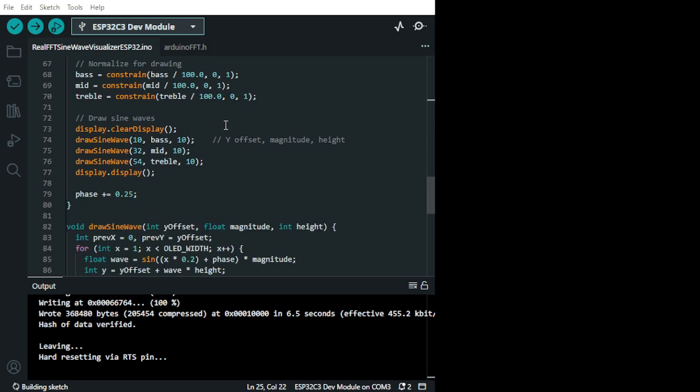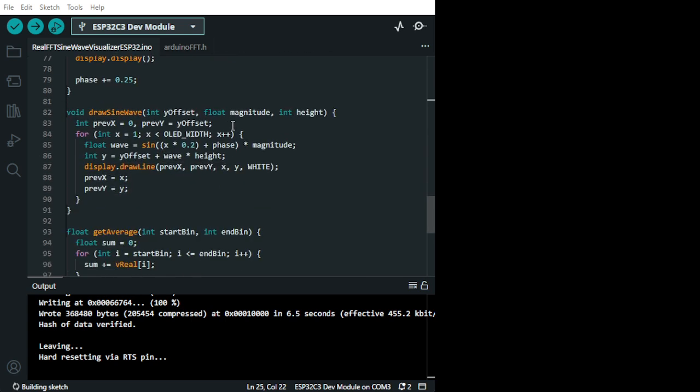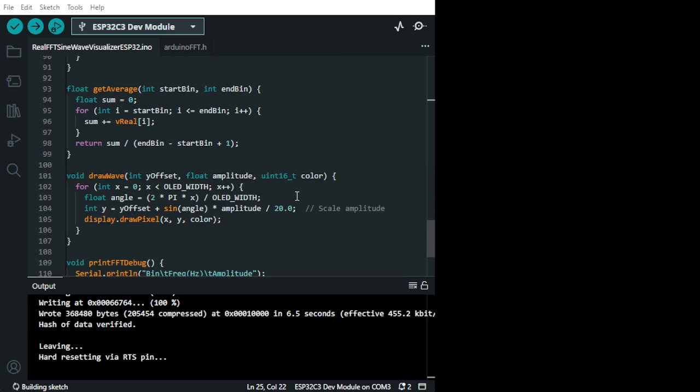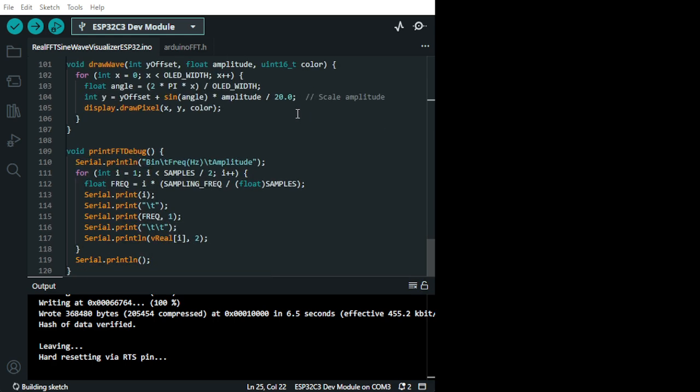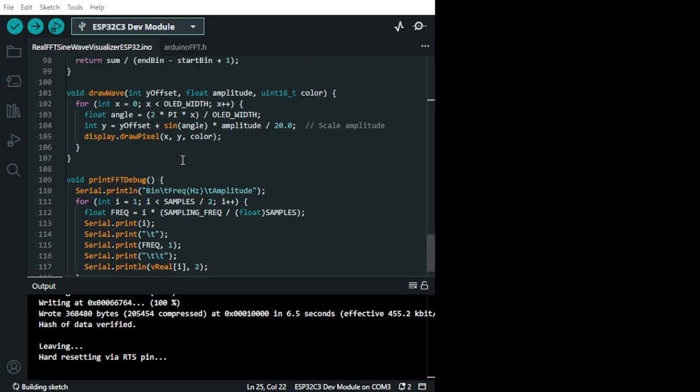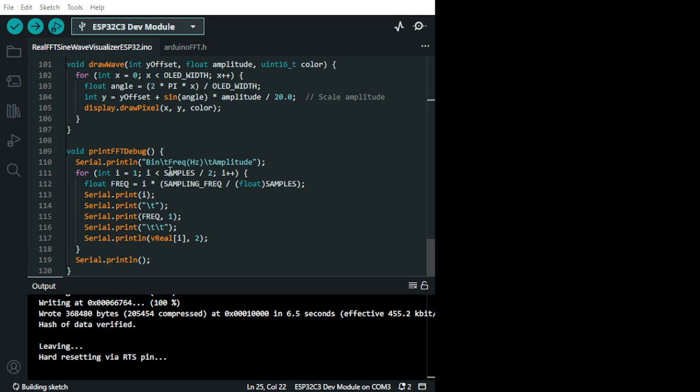All right, so here, this is all the mathematical calculation for the waves, how they're going to come out. More code, but I will publish the code on the YouTube channel. I also put here a printout so that you can see